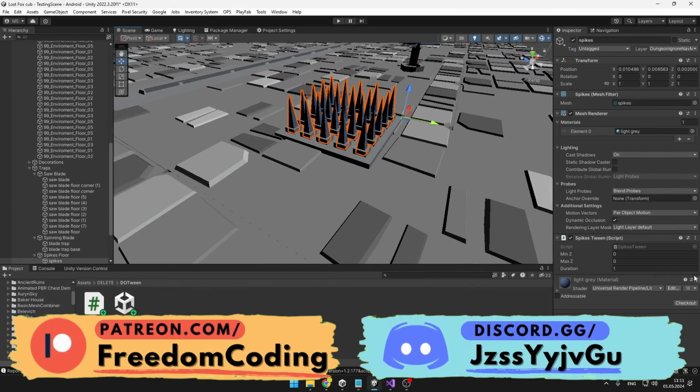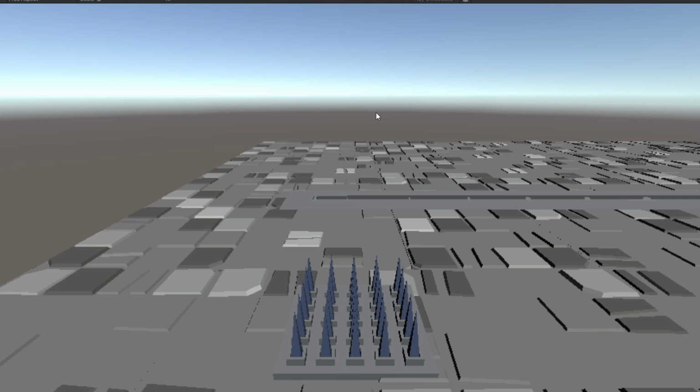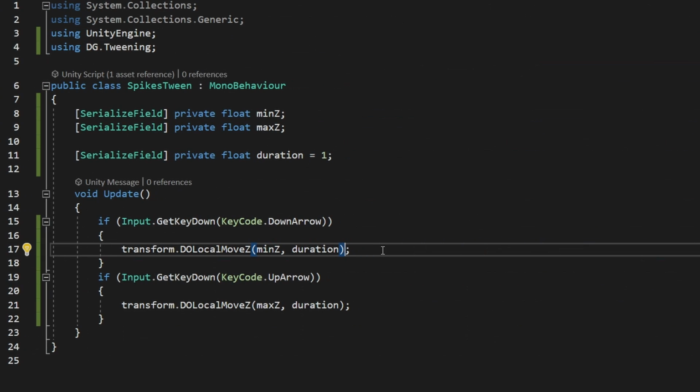Back in Unity, don't forget to set the minimum Z and the maximum Z, and now with pressing the arrows I can easily make the spikes move up and down, and you can see there's already some easing added to it. To change the easing of DOTween is really simple, we can just change some functions, so we can call SetEase,